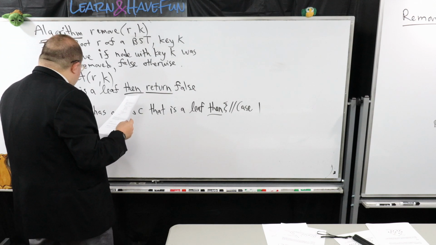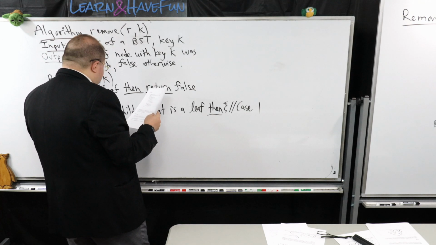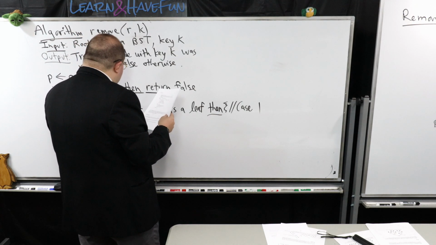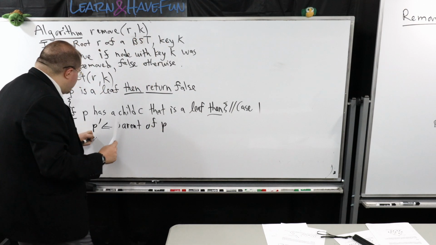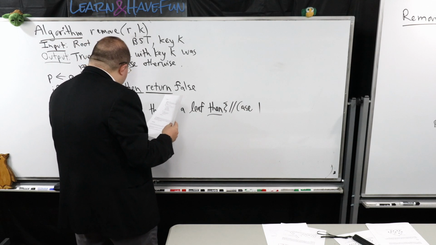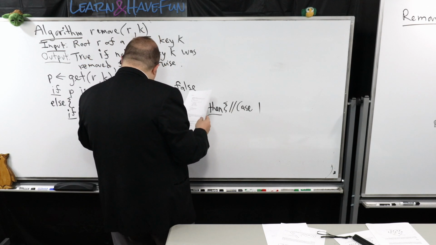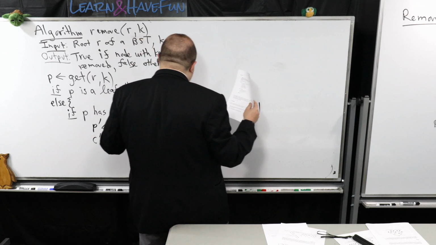So what are we going to do? We're going to actually keep track of a couple of nodes here. Actually, technically, it's a few. So I'm going to have P prime be the parent of P. And also going to have another node I'm going to call the other child of P. So it's going to be its sibling. So they're going to be 3 nodes.